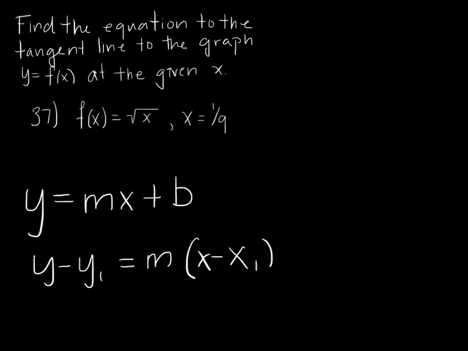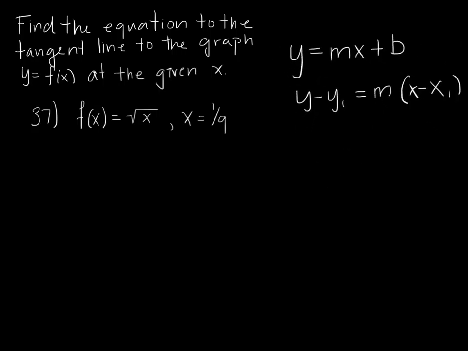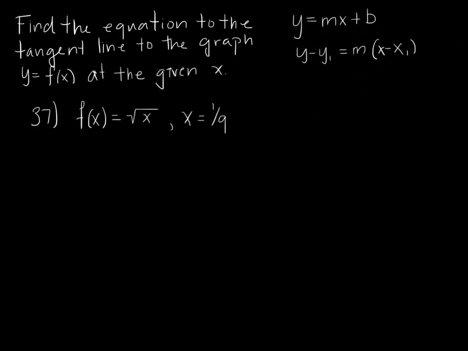Okay, so we need to find the equation of a line, which means we just need to fill in a y1 and an x1 and an m. I prefer to use point-slope form, so I'm going to go ahead and fill in this equation here, which means I need to find the slope of the tangent line at a given point and the point. So let's go ahead and first start by finding the slope of the tangent line at a point. So we have a curve here, and we have a point we want to find the slope of the tangent line at. If it helps to have a picture,